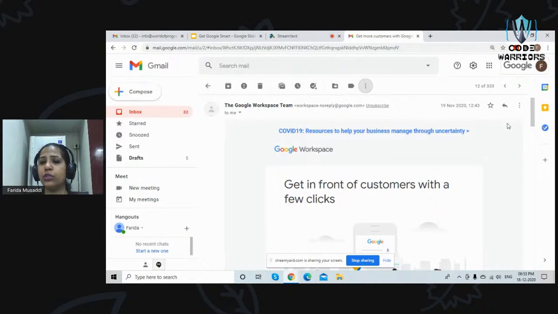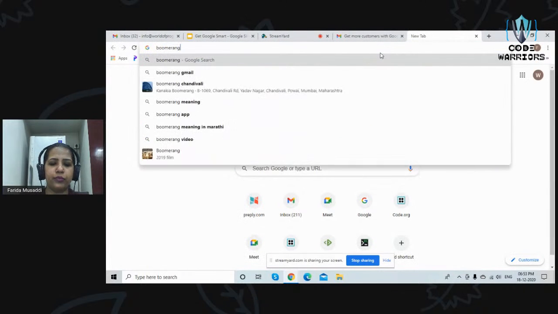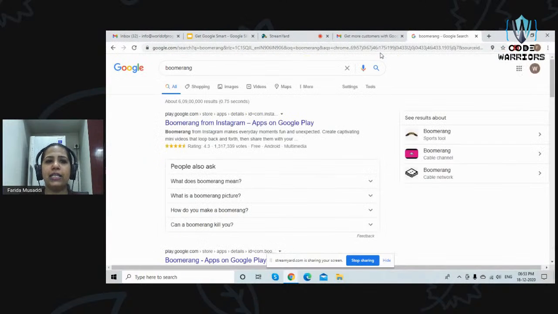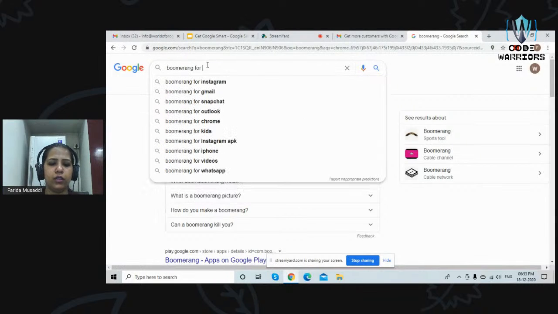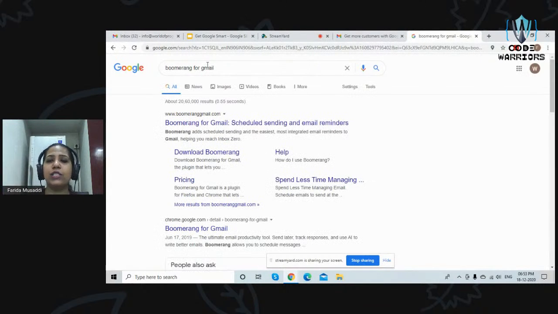One more thing that I would suggest my audience to download would be Boomerang. Okay, I'll just type it over here, Boomerang. So Boomerang is again a very interesting application that you can use with Gmail. What it helps you to do is schedule emails.